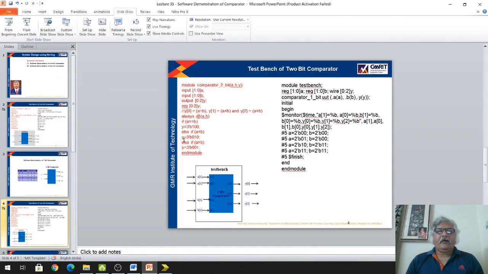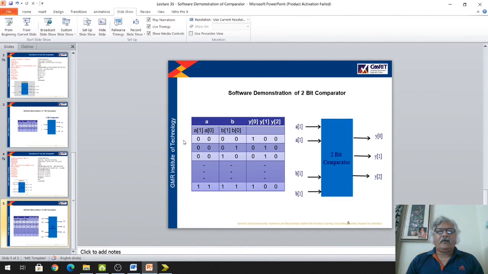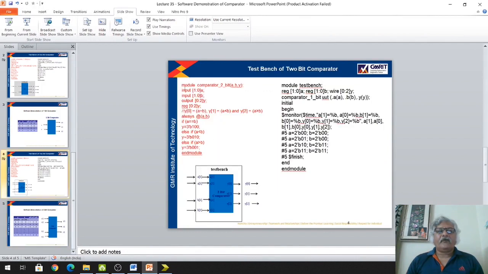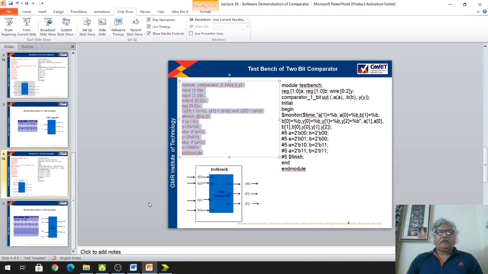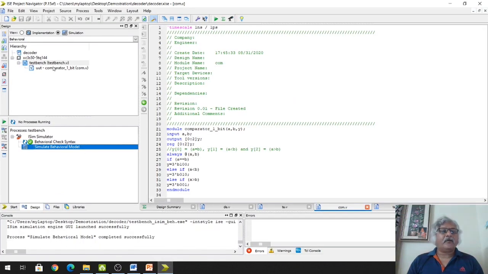Now I will go for the simulation of the 2-bit comparator. So I will take the code from here itself, and I will paste my code in UUT. Here I will change this code.